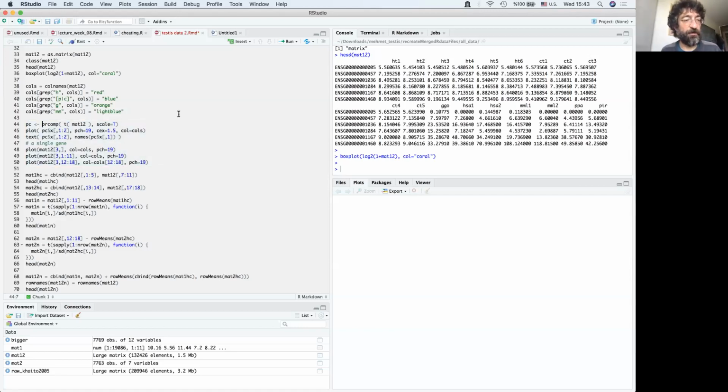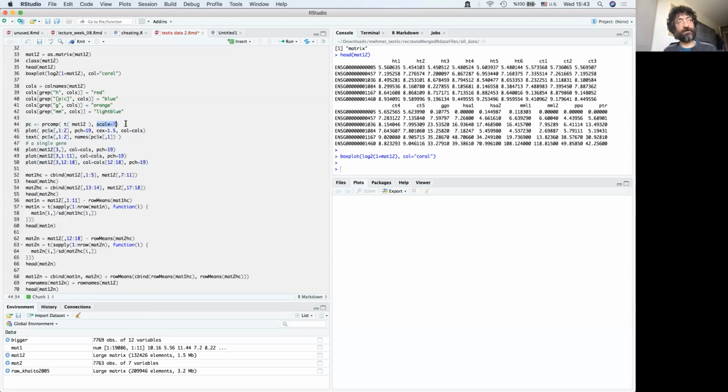So one way to run principal components in R is as follows. You need to transpose the matrix because it calculates components across the rows instead of the columns. And scale is true, which means each row should be, was it row or column? I forgot.